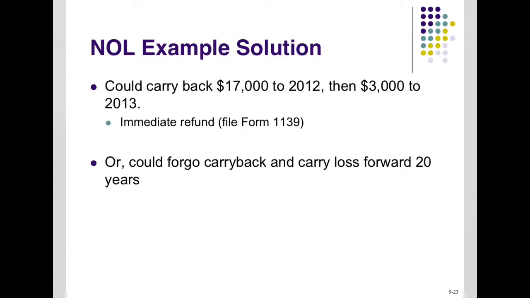David Cantor had asked in class about, or somebody had asked in class about how do you do a carryback if you have to do an amended return. So here's the form. If you do it within 1 year, you can just use a form 1139 on the carrybacks to get your tax refunds right away.